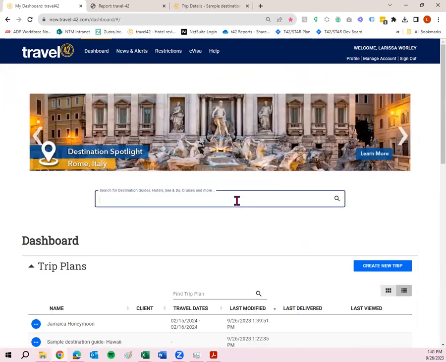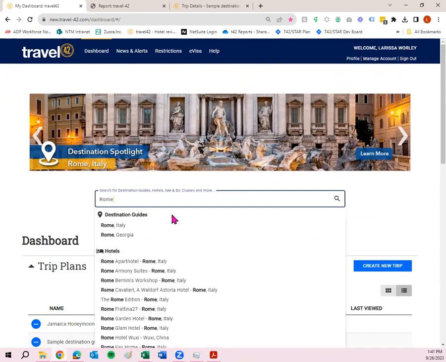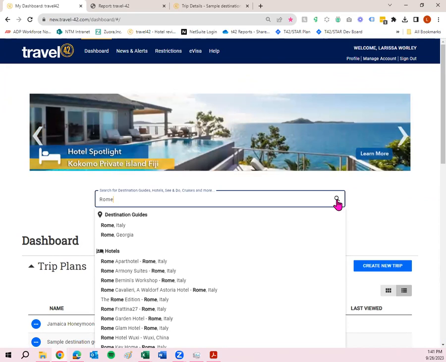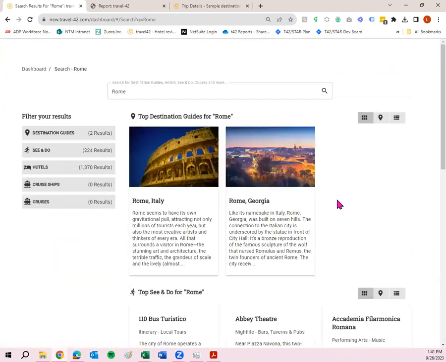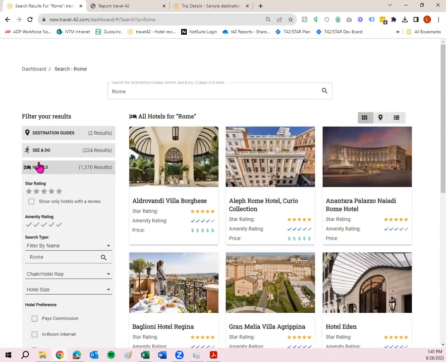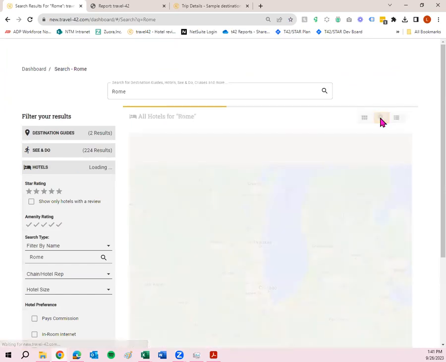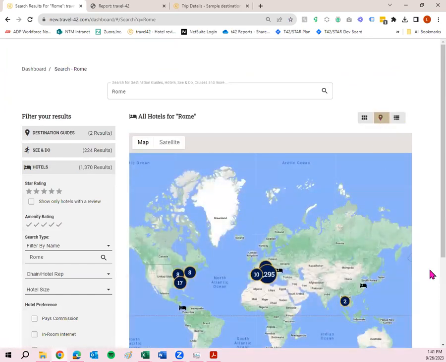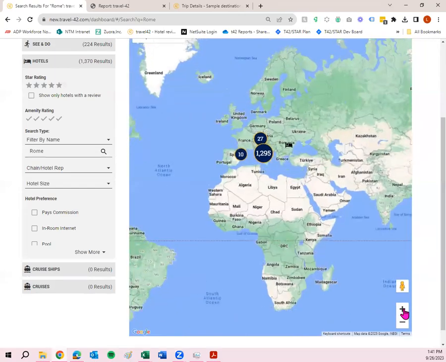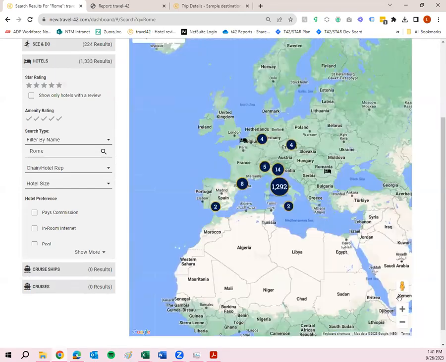Now, one more thing I want to show you before we get up here and kind of review what this is. If you were to search for Rome, I know I showed you kind of briefly that map view, but this is where it'll work a little bit better. So I'm going to click the magnifying glass. If I'm trying to find hotels in Rome, I can click on the map view, zoom in to where I'm trying to find the hotels,